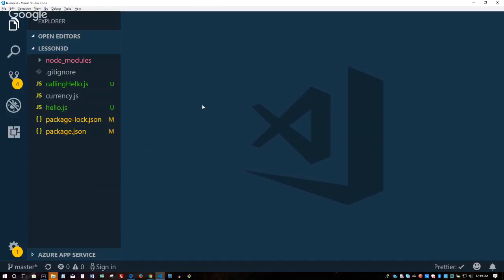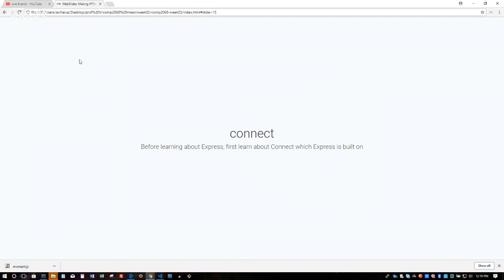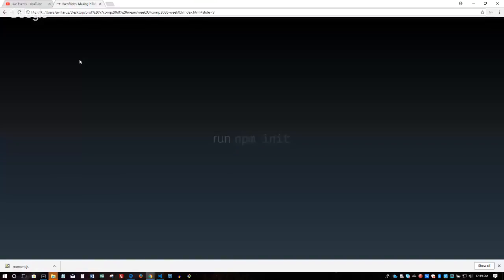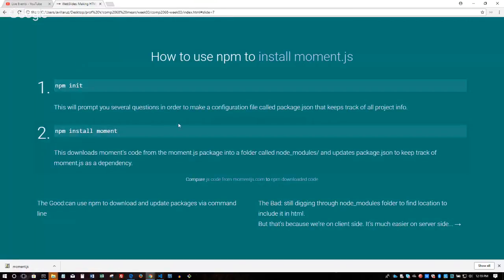All right, so we're going to continue. Just a quick couple of questions that I got that I'll answer right now. One of you has already tried to use the word require inside an HTML file. And this is what I was saying about this slide here. When you install something like Moment, you can't use the word require on the client side, in the browser, because the browser, like Chrome, does not understand the word require.